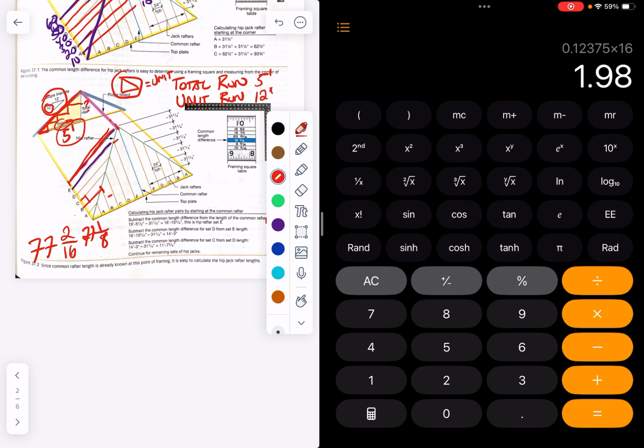Now that we know this length, we are now going to go back to our framing square and find what is known as the common length difference. So I'm going to pause the video here as it's getting a little bit long, and I will start another video with our next